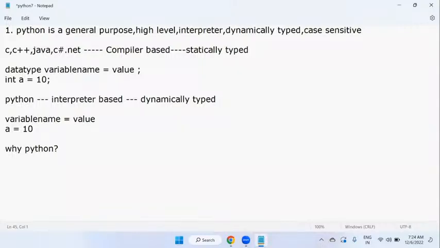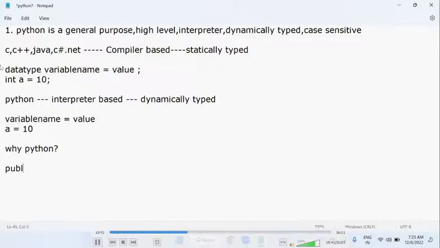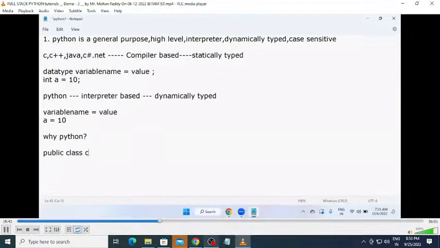If you go for Java, first we need to import packages, and after that you have to declare the class: public class, class name, open and close brackets, and public static void main. So many things are there. For example, you can see this Java language. I'm including one class, like public class, and the class name I can